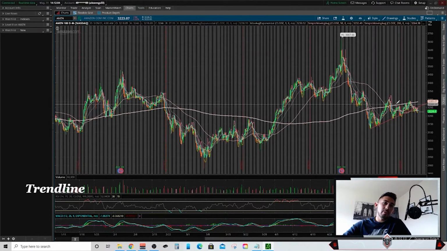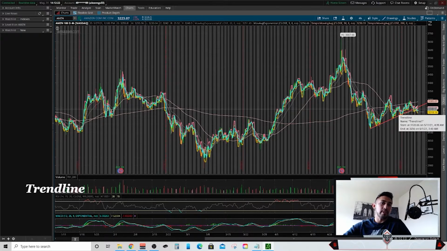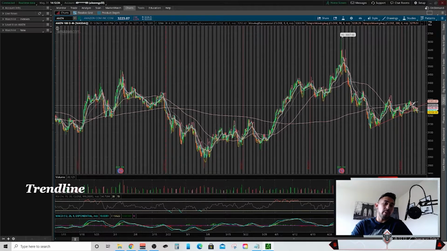So we can use this trend line to buy either off of it, or if we're already in the play, to continue to see if it'll trend in the same way that it's been trending and it'll hold this support. The minute that this trend line breaks down to the downside, that's bearish. That is signaling a change in direction for that certain asset, and we might see a reversal because it broke that trend line support to the downside.